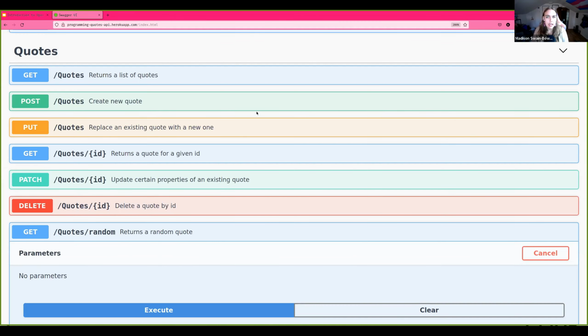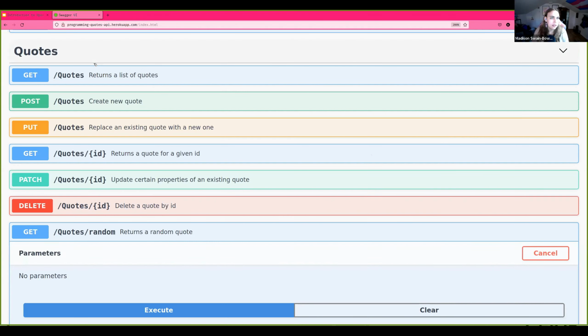Can I explain curl? Curl is a program that is installed on Linux by default, I think, but might be available on Windows through Windows Subsystem for Linux. And it's just a way to make web requests from the terminal.